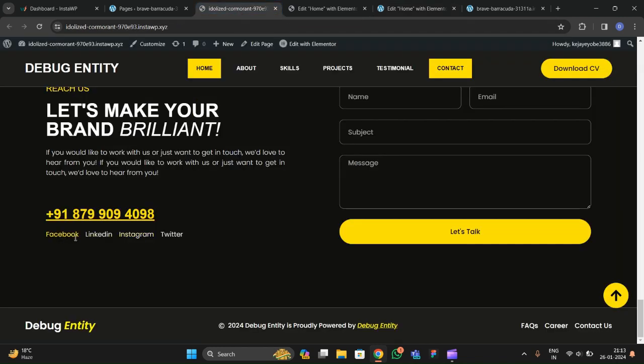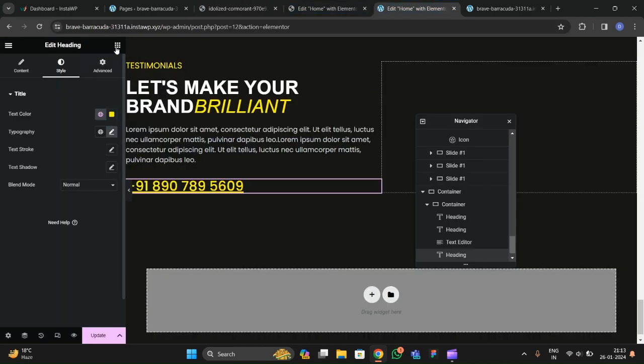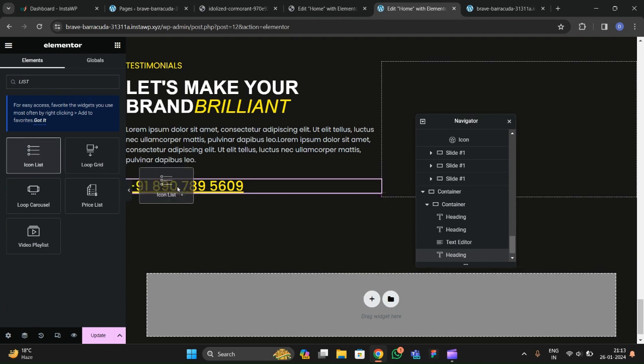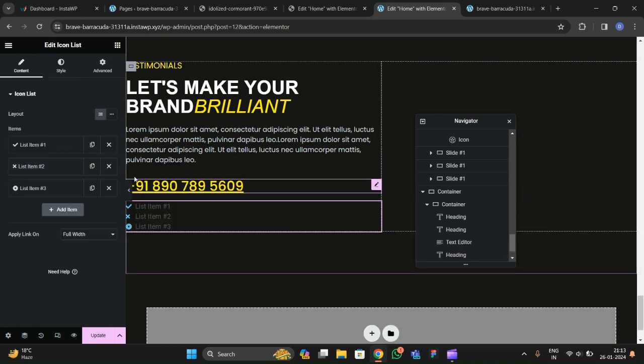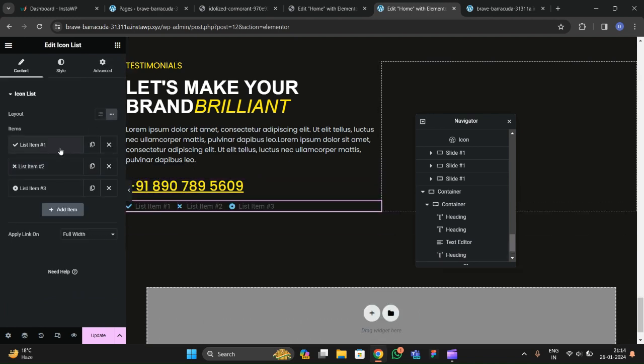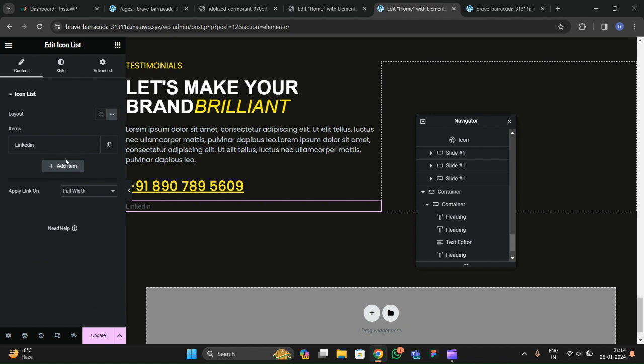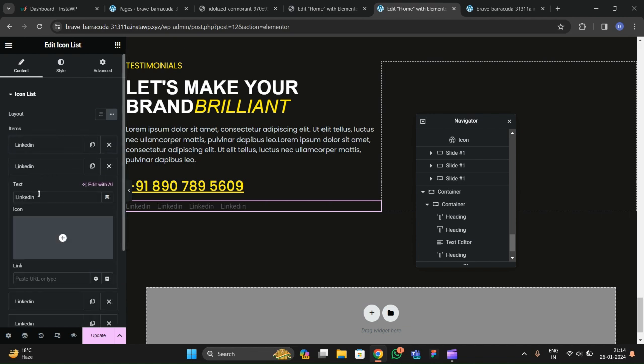Now we have to add this LinkedIn profile thing, so we have to choose the list icon and drag and drop this below that. Just we have to make this like this. So let's remove all this quickly, and here I'm gonna write LinkedIn and let's remove this. So let me quickly duplicate this. Just we have to change the content. Let's add